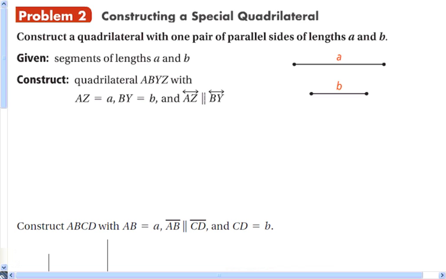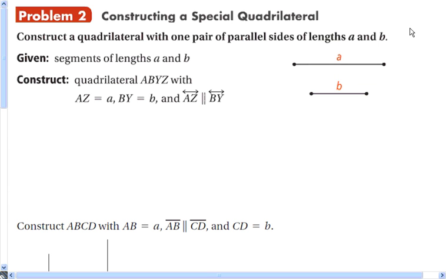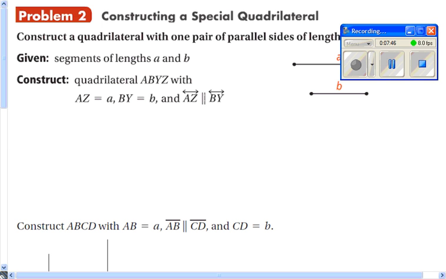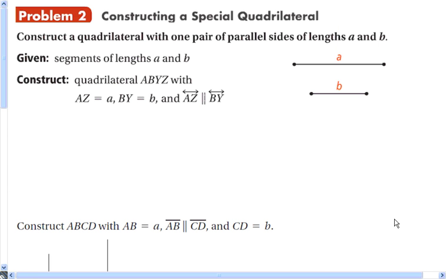Okay. All right, in this problem, we want to construct a quadrilateral with one pair of parallel sides of lengths A and B. So given segment lengths A and B, we want to construct a quadrilateral. Really what we need to do here is just make a set of parallel lines and then use our compass to measure the lengths A and B and put them on those lines. So we only want one pair of parallel sides. So I'm just going to draw with a straight edge